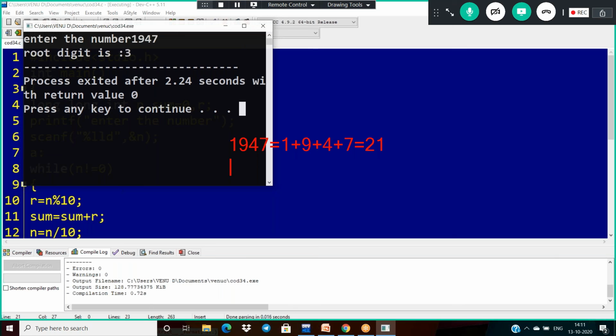Now is 21 a digit? No. So we have to do this sum until we get a single digit. Generally digits are 0 to 9 only. So if your sum is greater than 9, it is a number. Now 21 is my input. So 2 plus 1, then 3 is the answer.